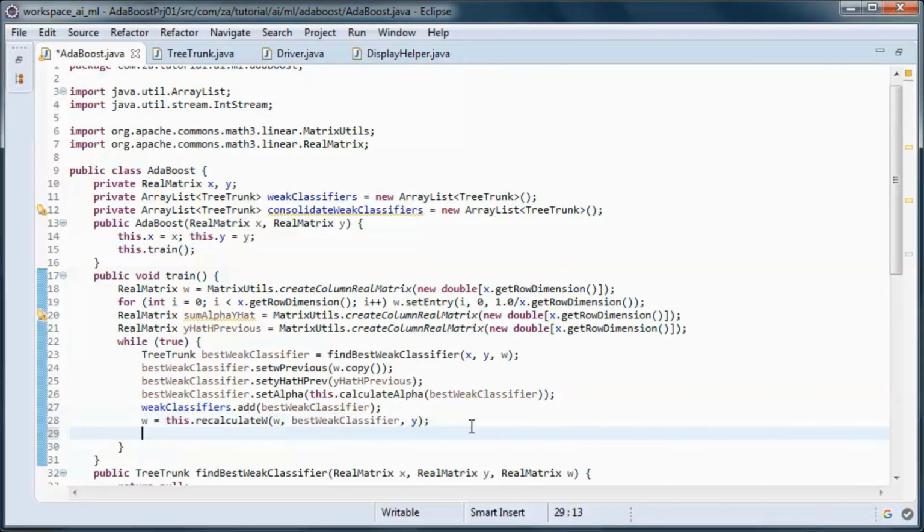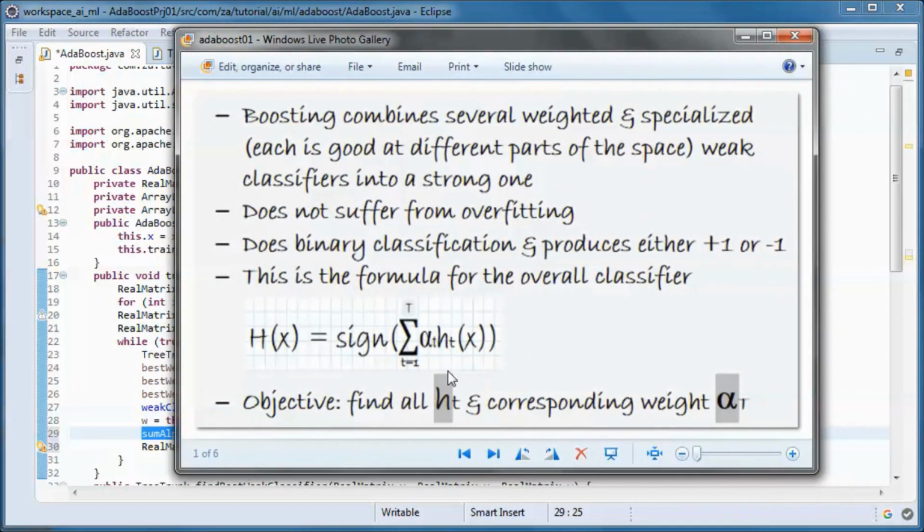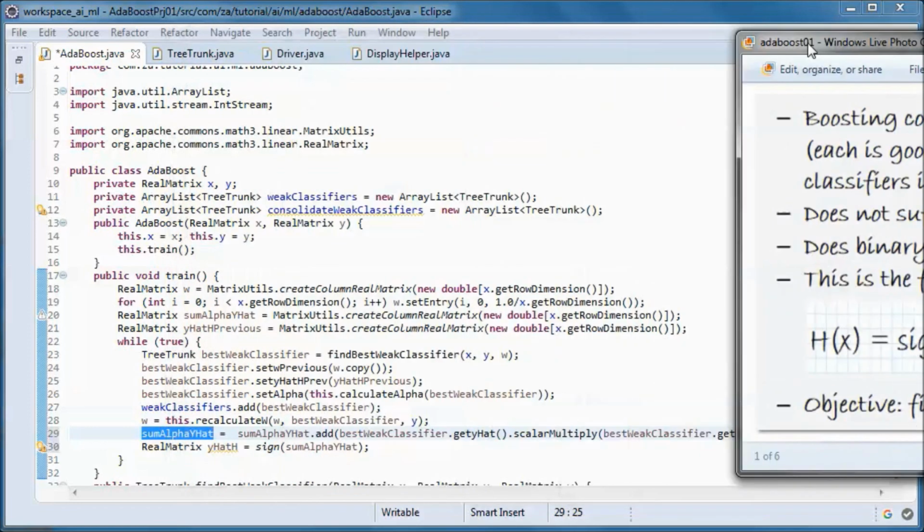And this calculates the sum of alpha y hat, so alpha and y hat, and we take the sign of that summation.